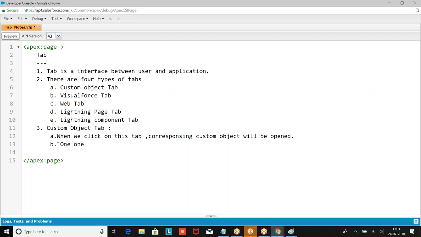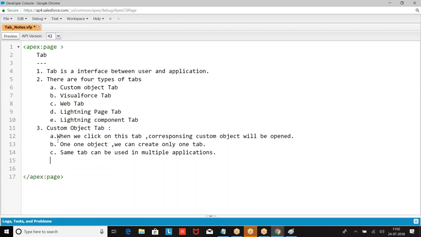On one object, we can create only one tab. The same tab can be used in multiple applications. When we click on this tab, the corresponding custom object will open.